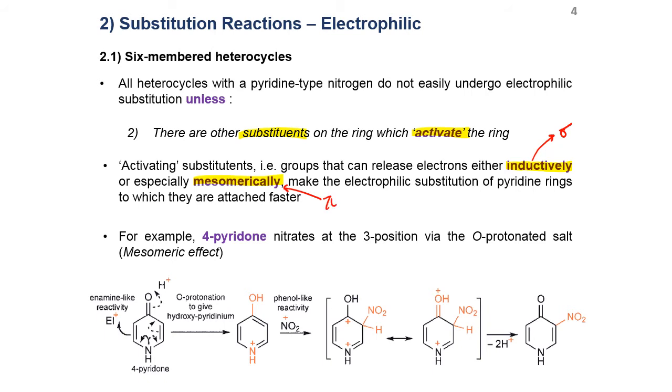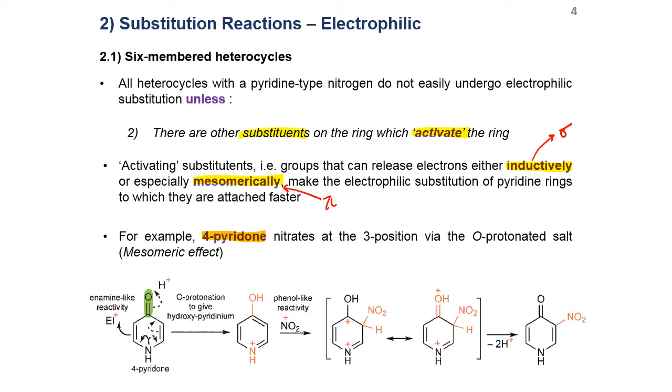Okay, and when electrons are given into the ring, that means the ring has more electron density and can give electrons to the electrophile faster than usual. If you take a look at the example 4-pyridone, which is a pyridine that has a ketone group at the 4 position, you may think that ketone is an electron withdrawing group, but actually,